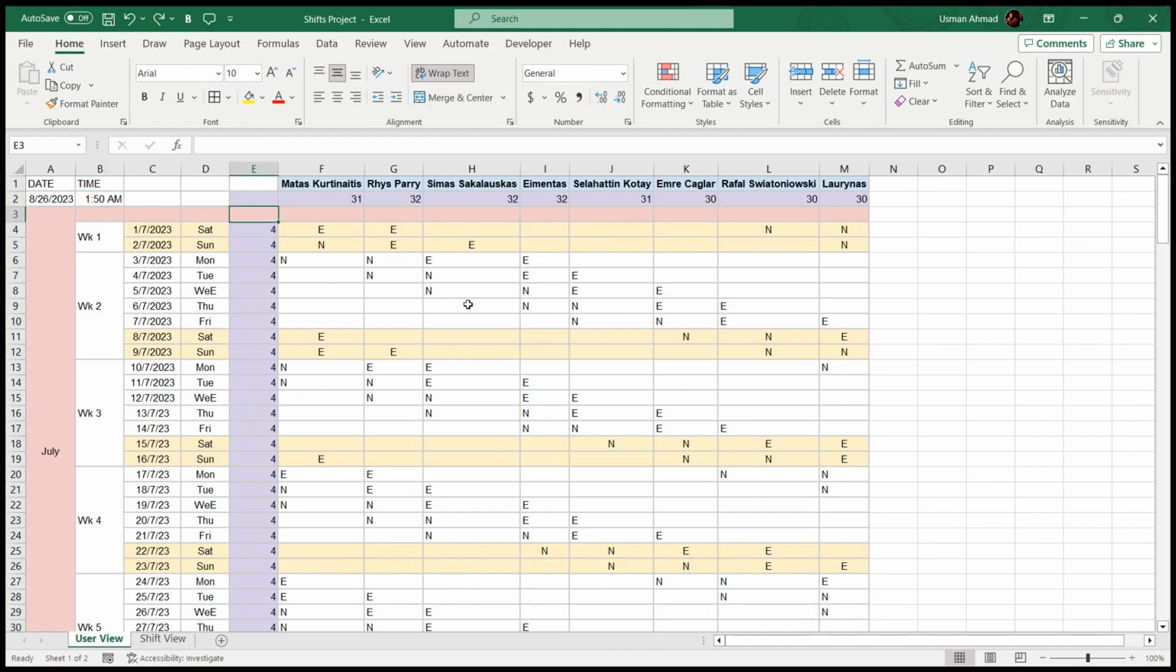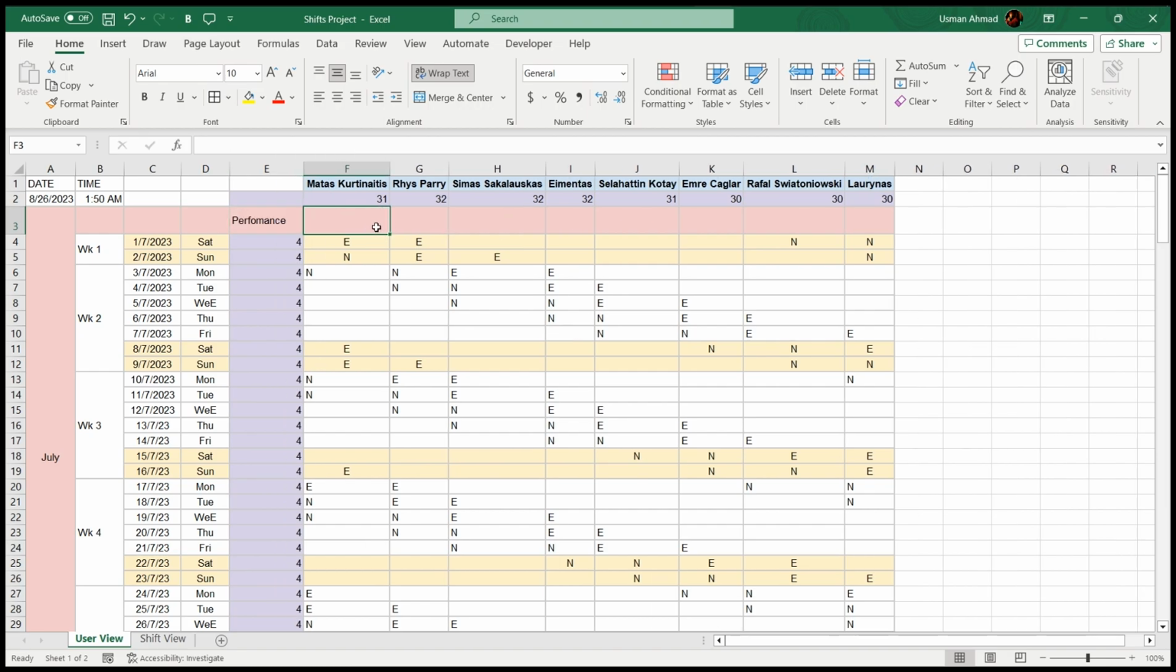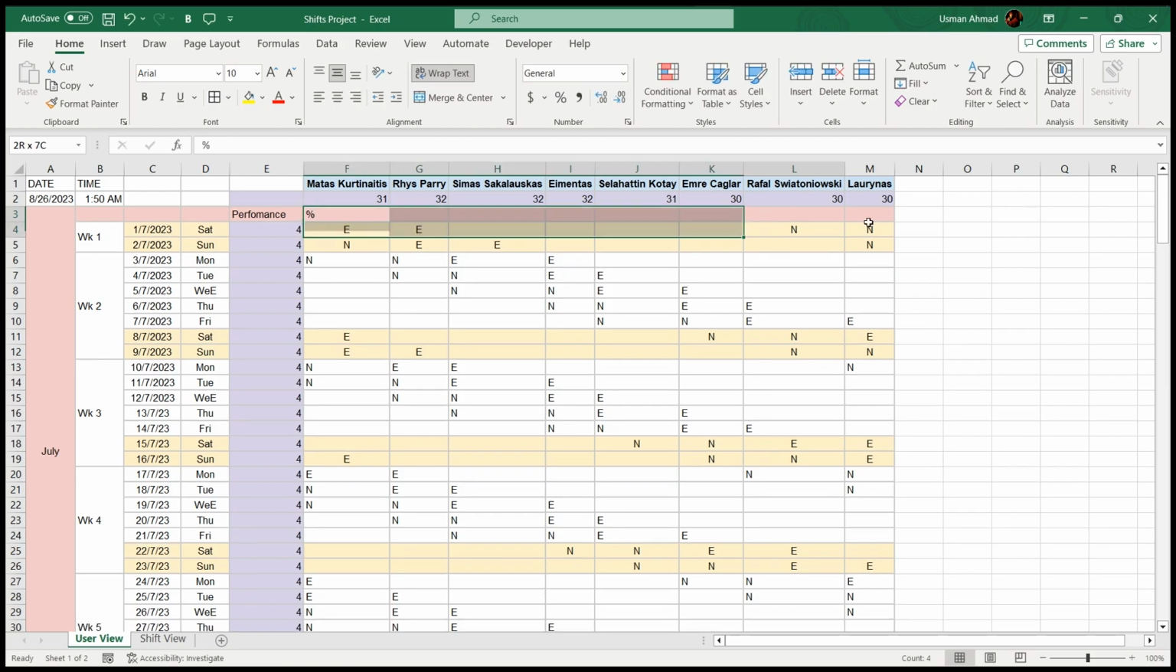Okay, let's move to another amazing shortcut. For example, I have to add my workers' performance in percentages in this row. So for example, I add the performance. I want all these performances in percentages. I don't want to add a percentage sign one by one to each cell. I just select my data